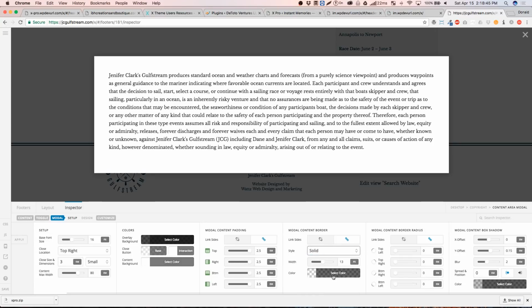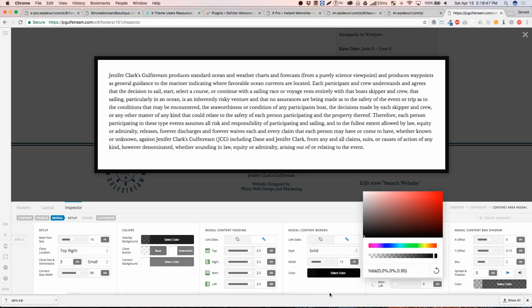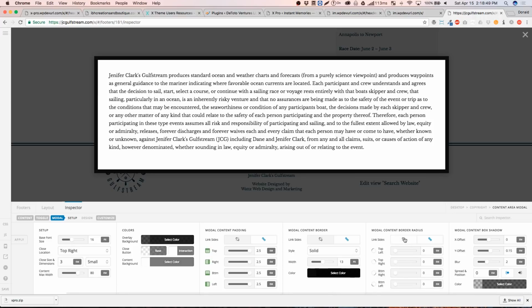Basically all the same that you can do. The radius, you can make it round. You can add a box shadow if you want. An inset box shadow, whatever you want to do. It really, sky is the limit with this. Jason. I mean, John. John's the one that wanted the pop up. So yeah,